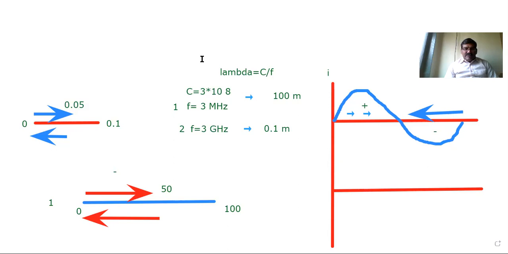For the second example, what happened? Half the distance is go forward. It goes forward 0.05 and it comes back 0.05 meter. So this way, now you just assume that this is 50 meter and this is 0.05 meter. So that is what 0.05 meter means.